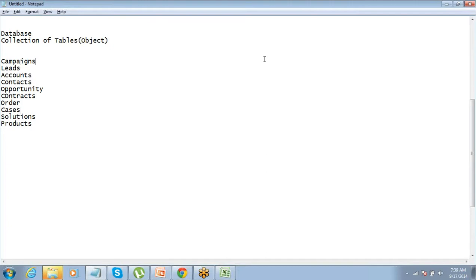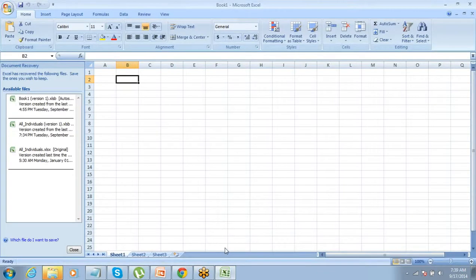So let us understand the structure at the back end for these things. These are all tables: campaigns, leads, accounts, contacts. Every table has a few columns and rows. For example, the campaigns table. In the campaigns table, there are several columns.